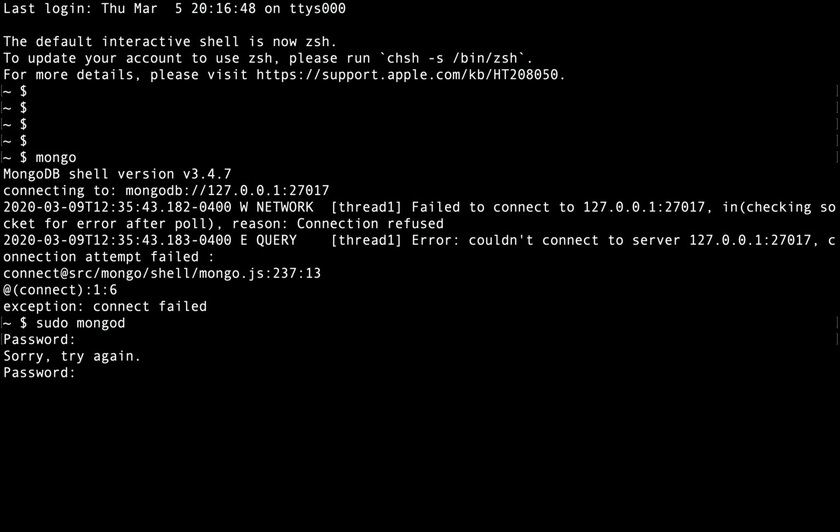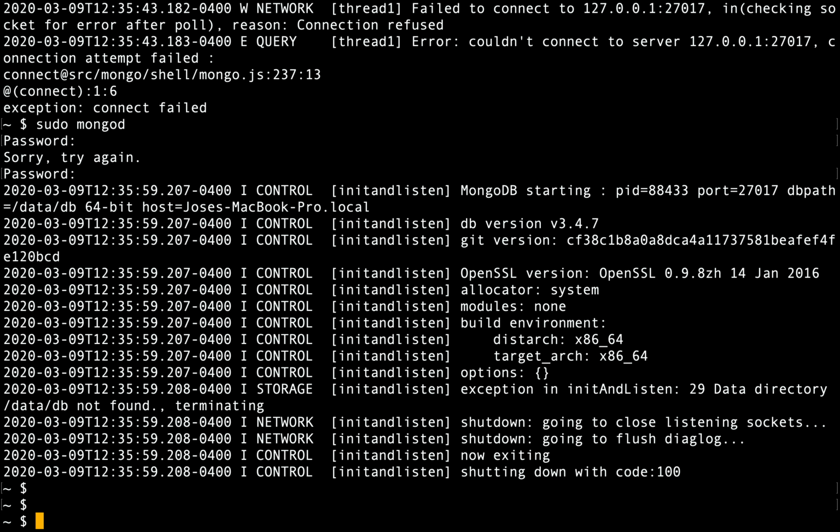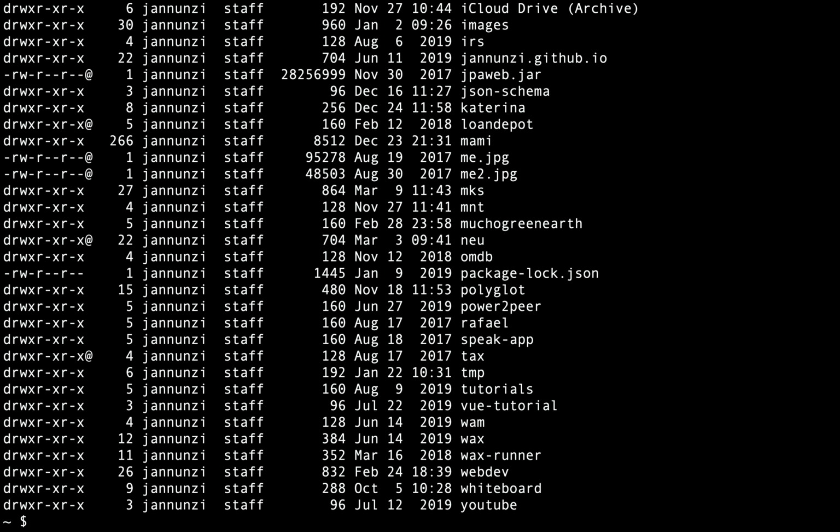Okay, it's complaining. It says that it cannot find /data/db. I believe we can tell it where to find the directory. Let me see if I already have a directory somewhere. I don't see one here. Oh, maybe I do. Data. So cd, ls data. Okay, so I have /data/db.